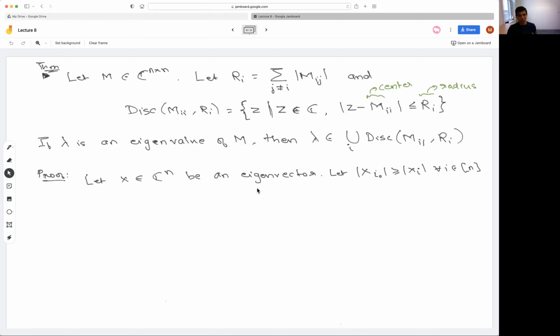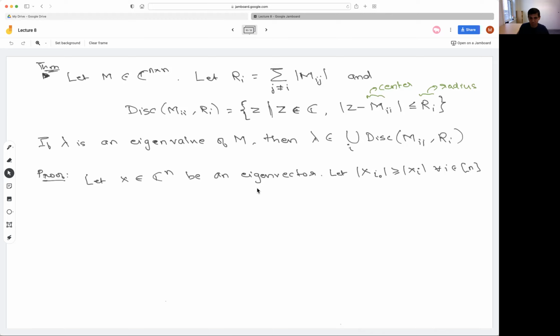I mean, the proof of the statement is very simple. It's mostly understanding what the statement means, what it implies, how to use it is the interesting part. Also, just in case you know that the eigenvalues are real numbers, then what you are really looking at is the intersection of these circles with the real line, which are just intervals. So if you know eigenvalues are real numbers, then it gives you a union of intervals rather than a union of circles.